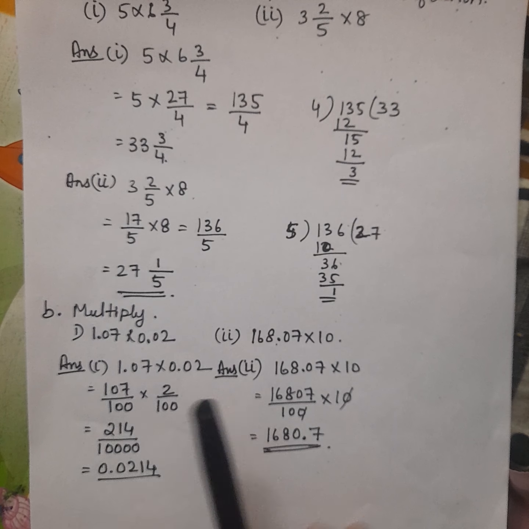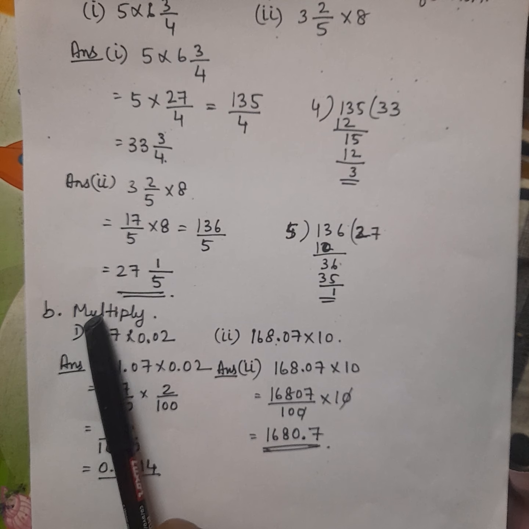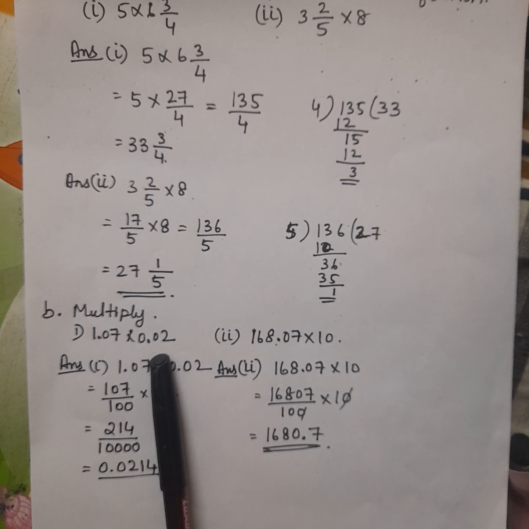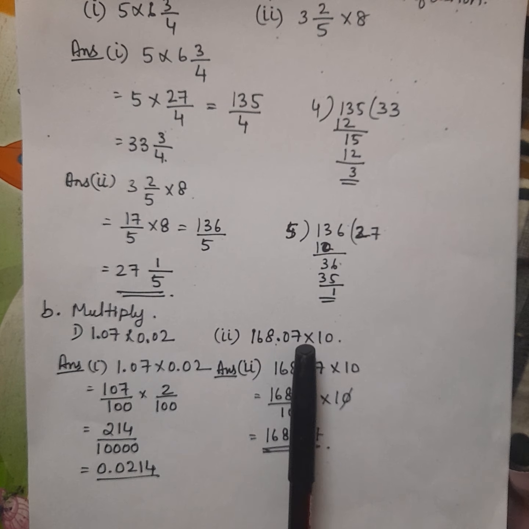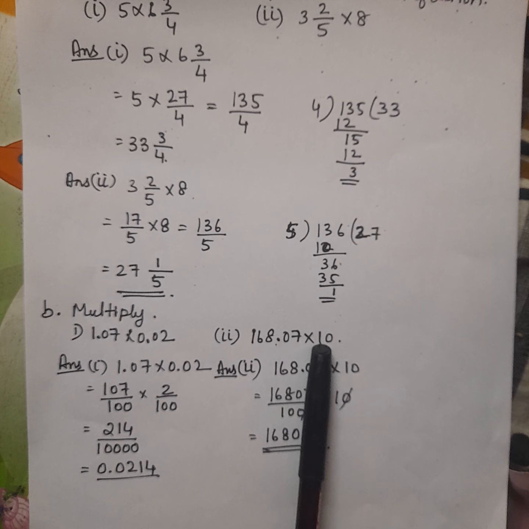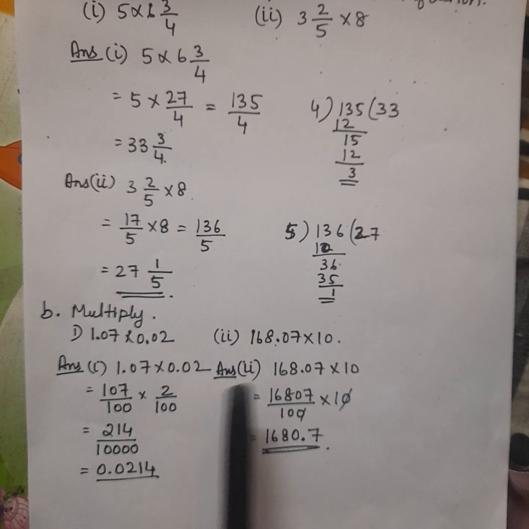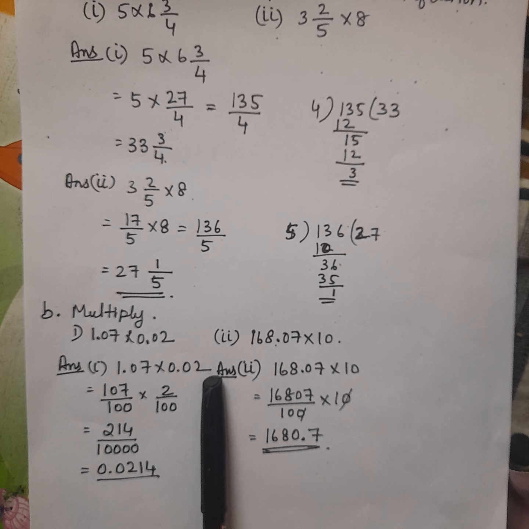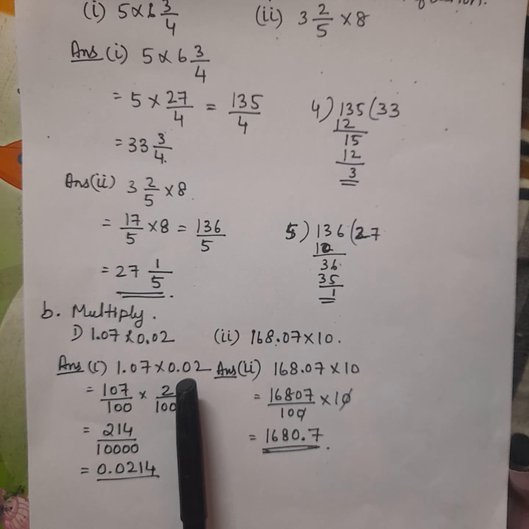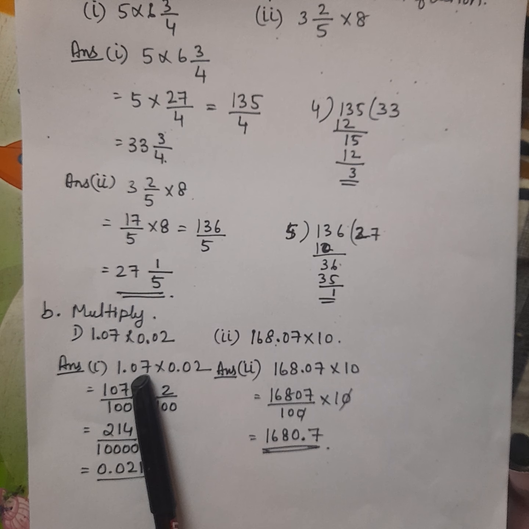The next question, question number B, multiply. There are two decimal numbers given: 1.07 into 0.02, and the second one is 168.07 into 10. Now you write as it is 1.07 into 0.02. Now when you want to multiply, you just convert this decimal into a fraction. When you convert decimal into fraction, you have to